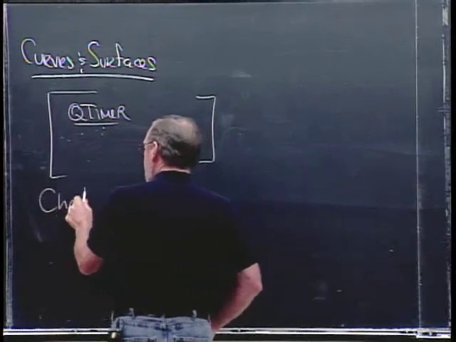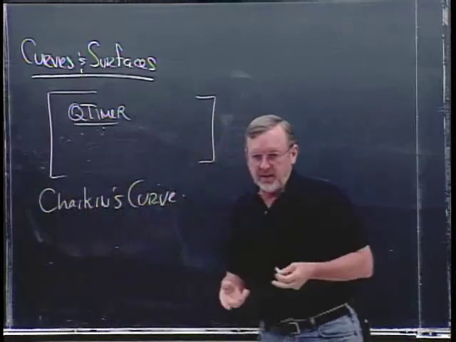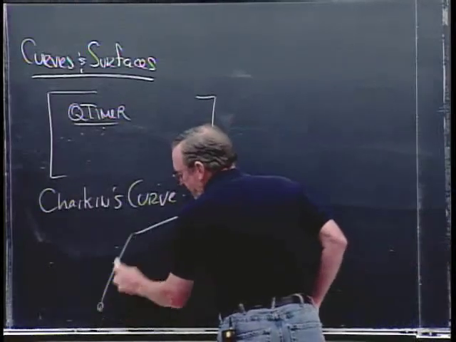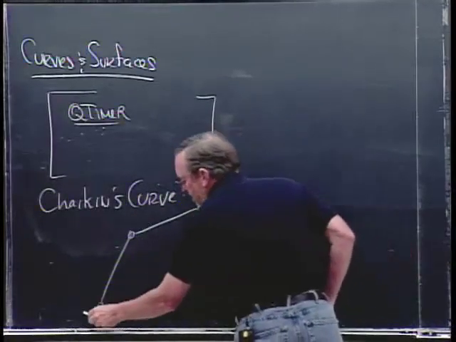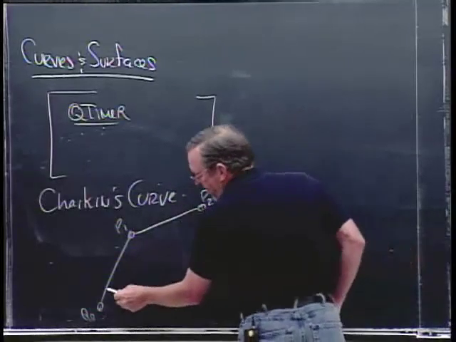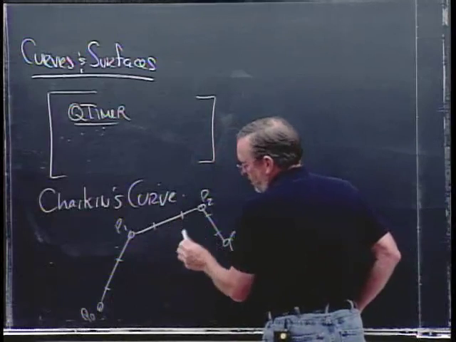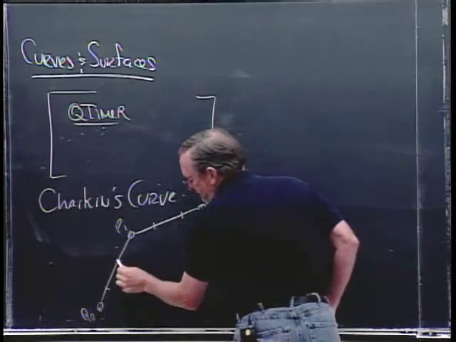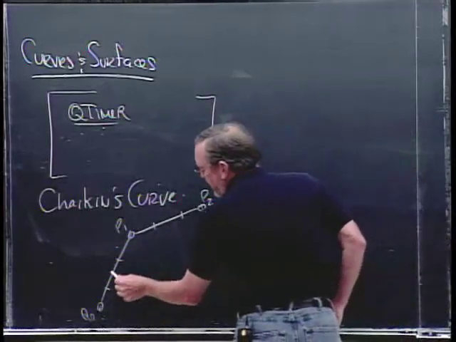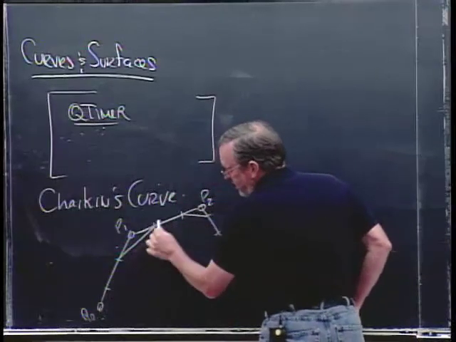You all know Chaikin's curve by now. Chaikin's curve was the one where we had a few control points, and these are always called control points here. And we did what people call today a subdivision algorithm. We subdivided this curve into points where we took 1/4 and 3/4 along each line. Use your imagination here. And then we connected the dots to get another control polygon,